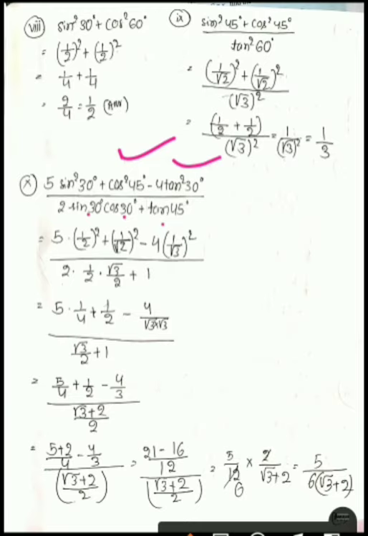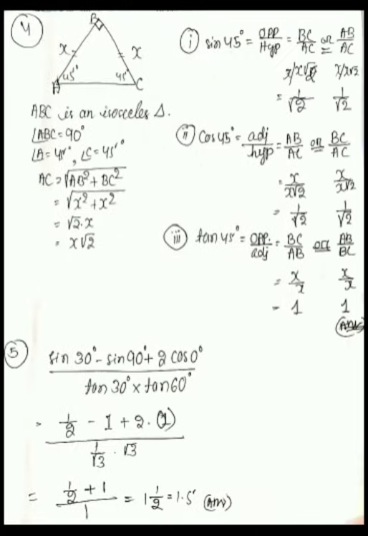Then after I got 5 by 12 into 2 by root 3 plus 2, and I got 2 and 12 will be cancelled out. I got 5 by 6 into root 3 by 2, which is the answer. Okay. Now just see question number 4. Students, rest of the numbers just try it. That means only one number I have left, I think.